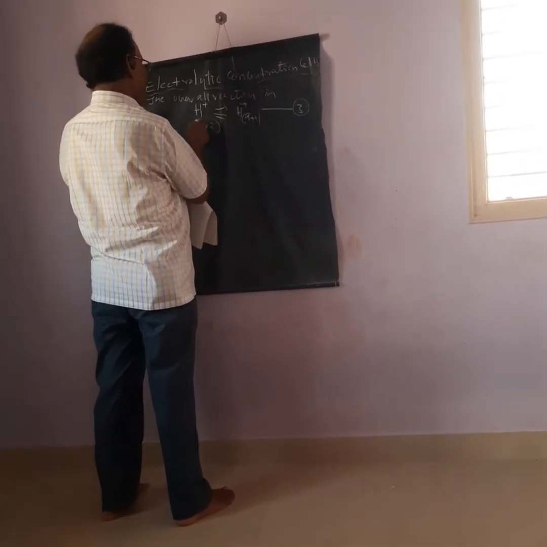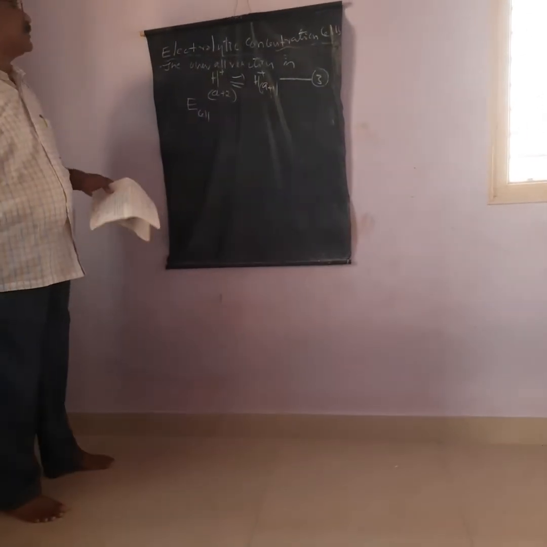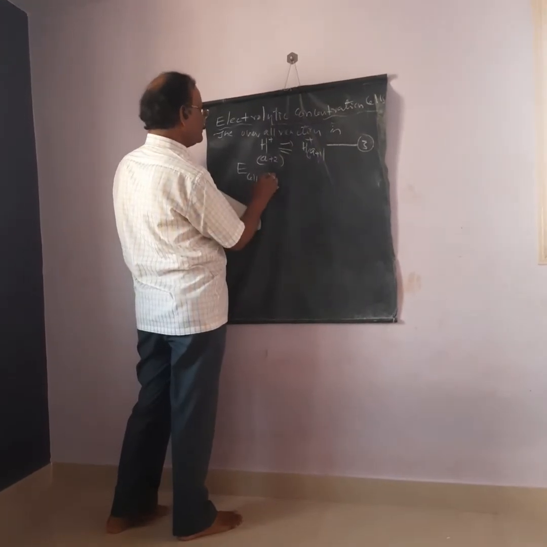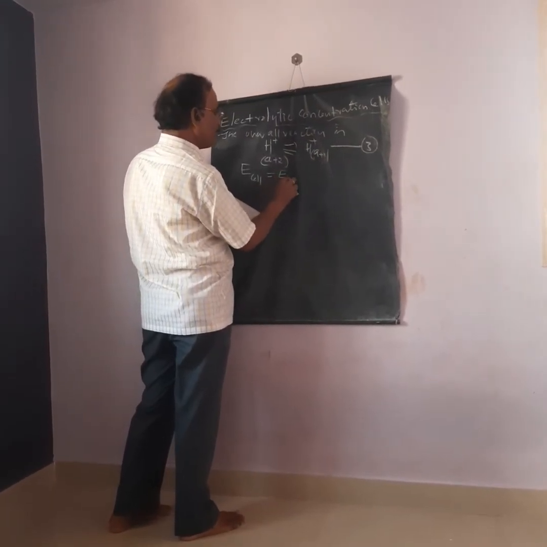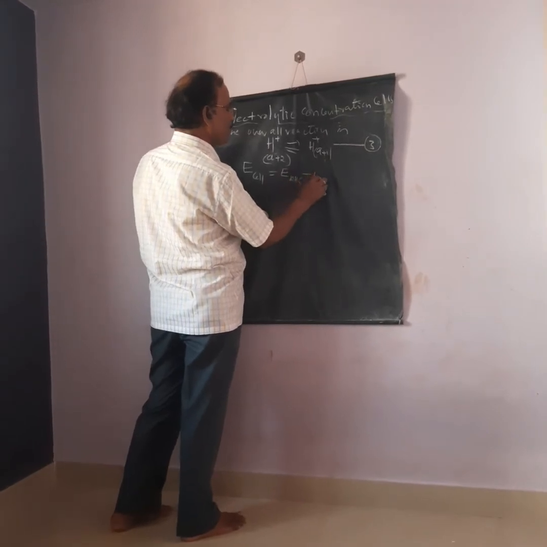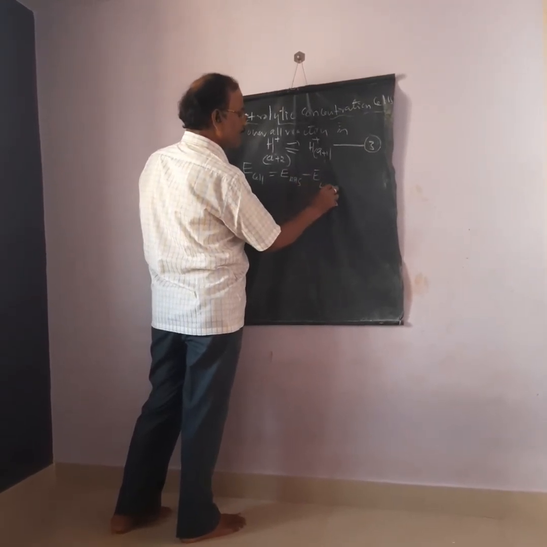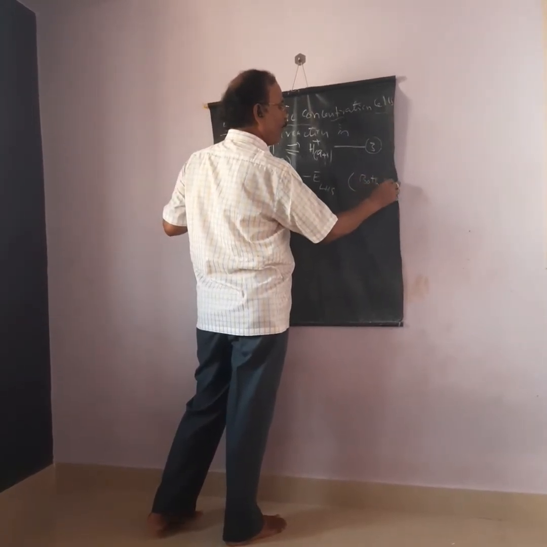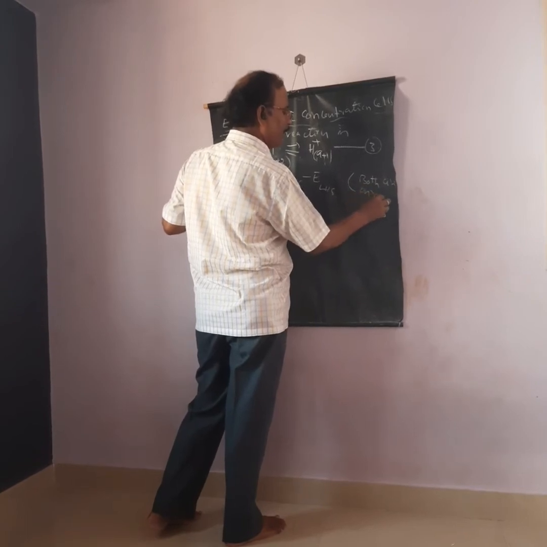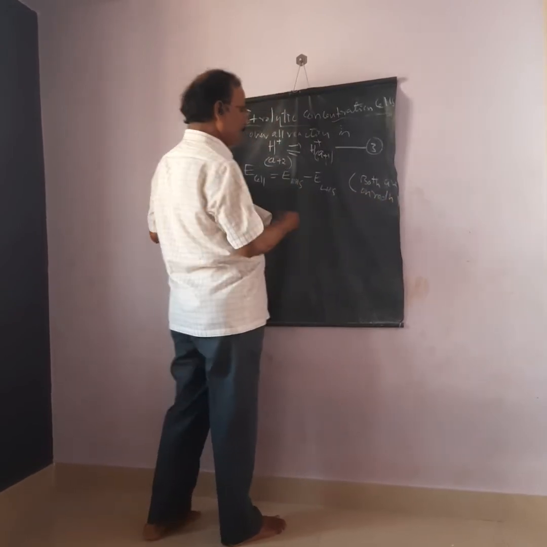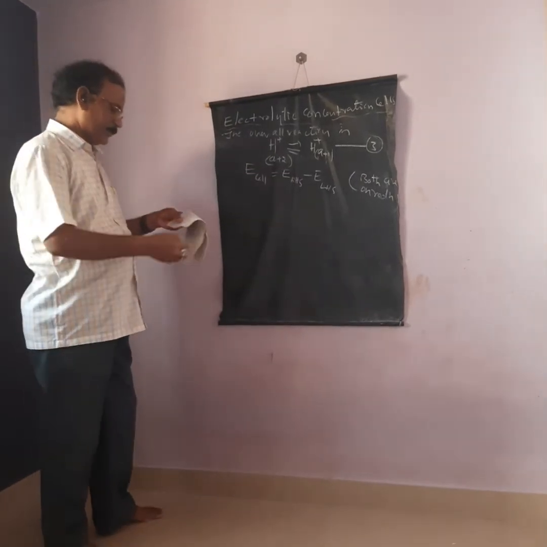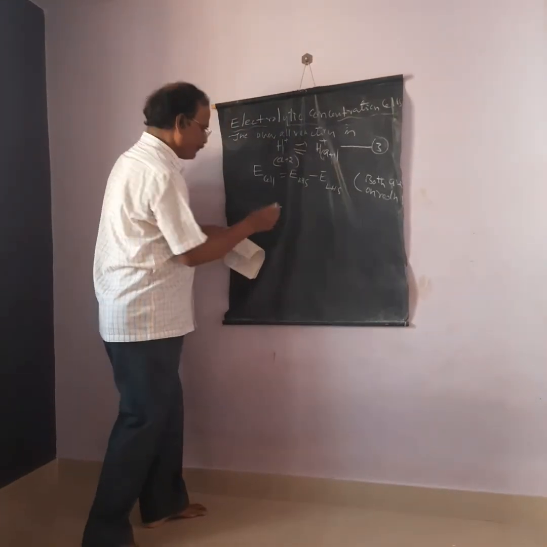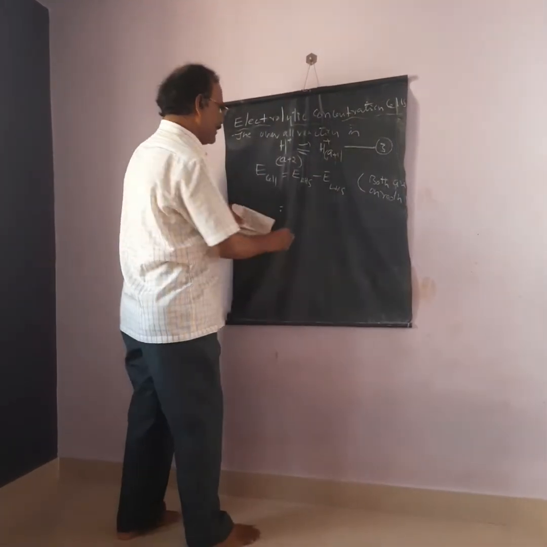A plus 2 activity is A plus 2 concentration. E cell is equal to EMF of the RHS electrode minus EMF of the LHS electrode, where you can take both as reduction. Reduction potential, this equation is used. This is equal to, you can write directly the equation.